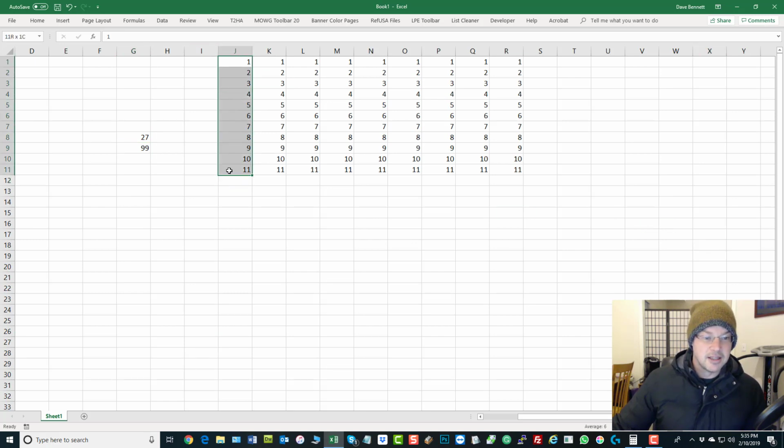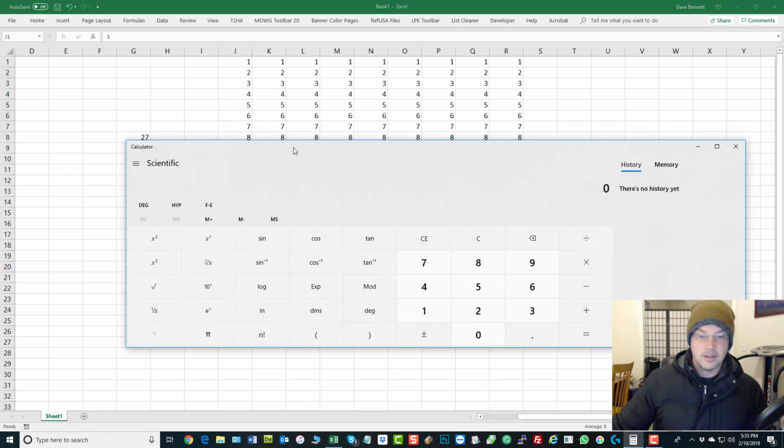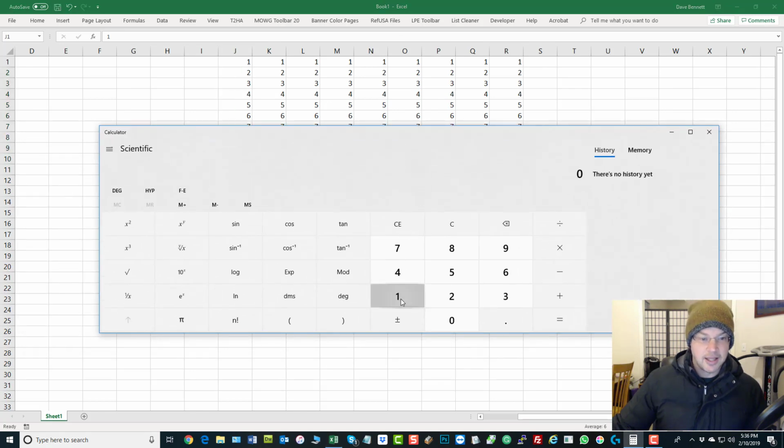No, this is 11 raised to the 9. What is that number? Let's take a look at that. 11 times 11 times 11 times 11 is 11 raised to the ninth power. Okay, we've got over 2 billion results. 2.33 billion combinations possible off of that.